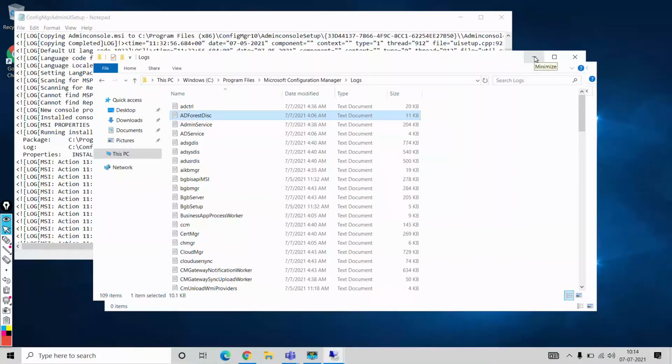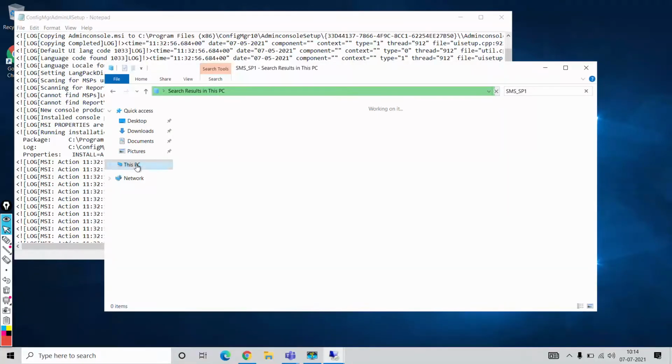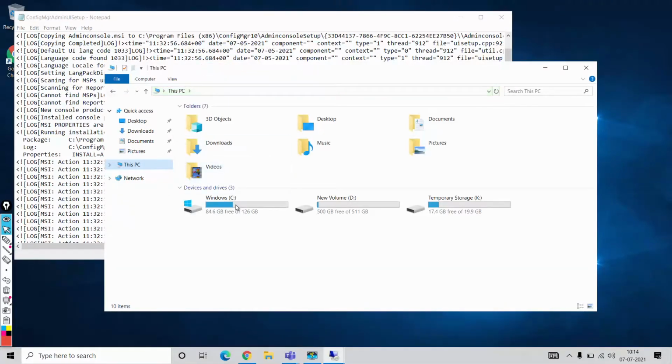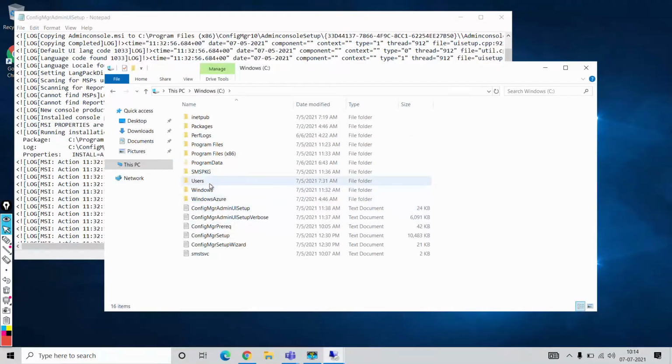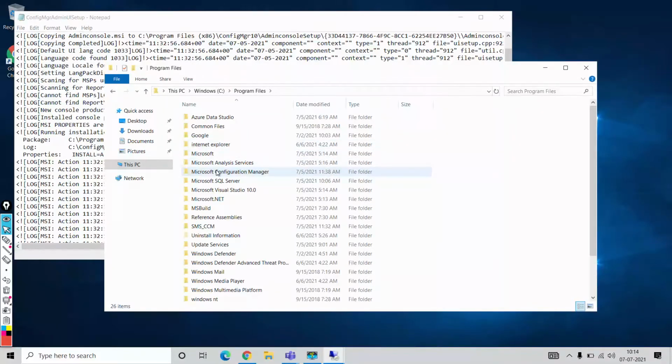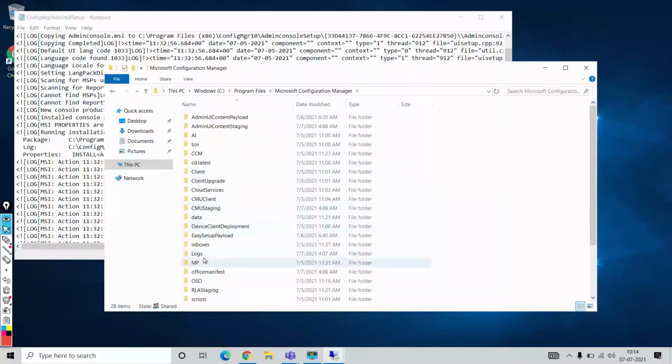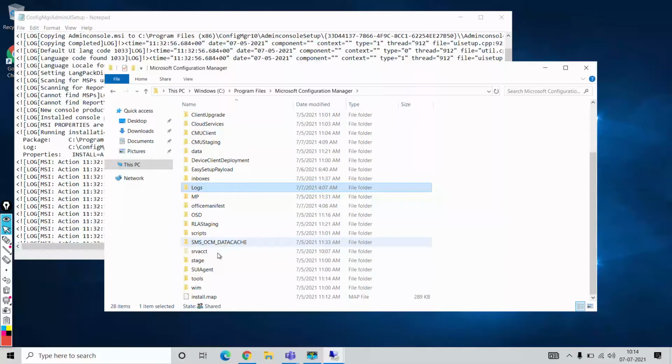So where to find that tool? In order to find that tool, we'll go to C drive, program files, configuration manager, and here we have the tools folder.